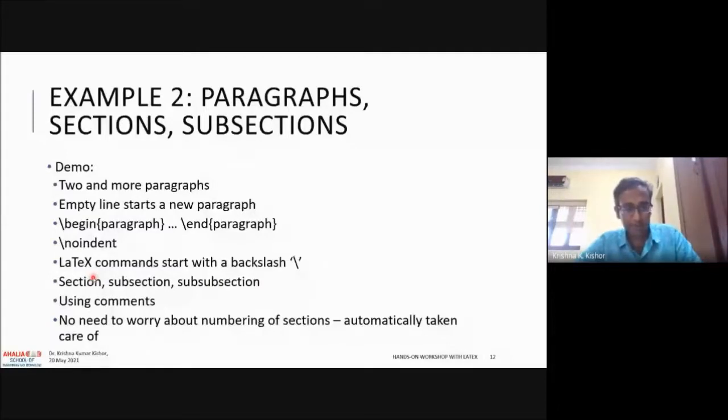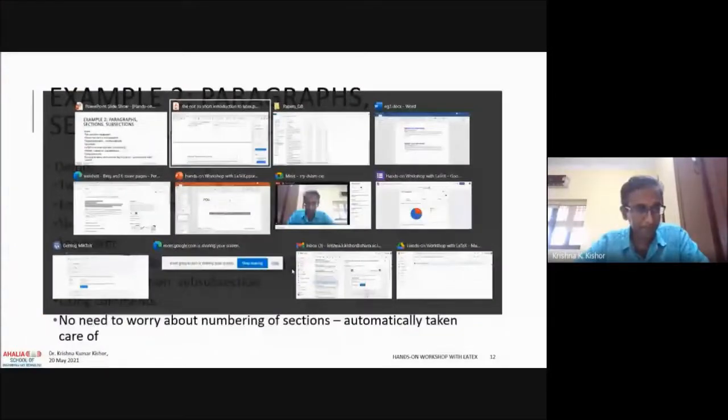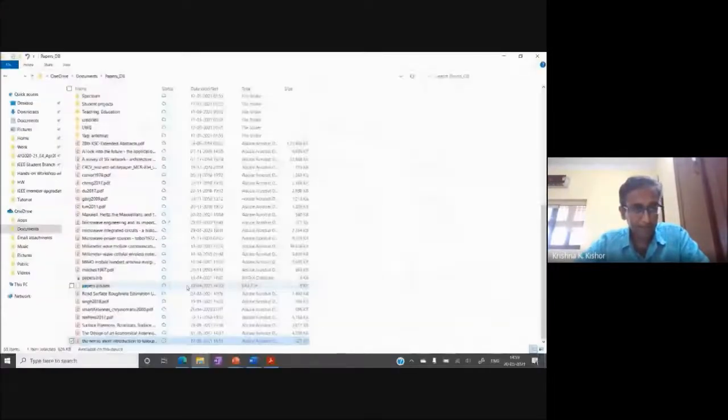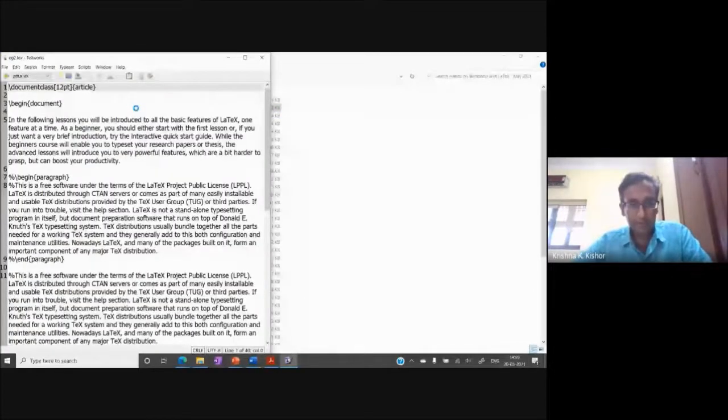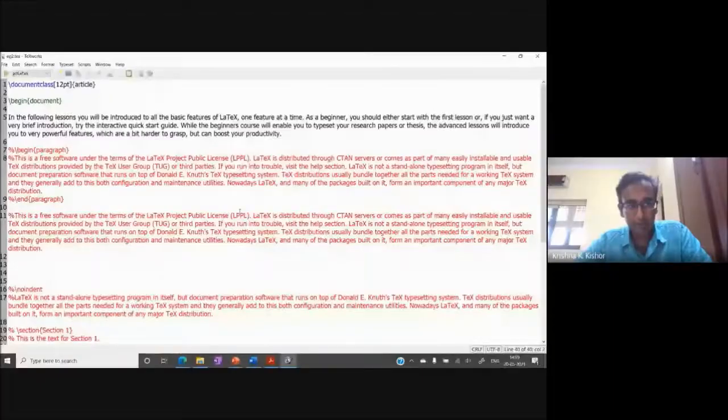So let's go to the second example. I'm going to close this text file. Let's open the next text file, which is example 2. Again, it starts off with document class, 12 point and article.